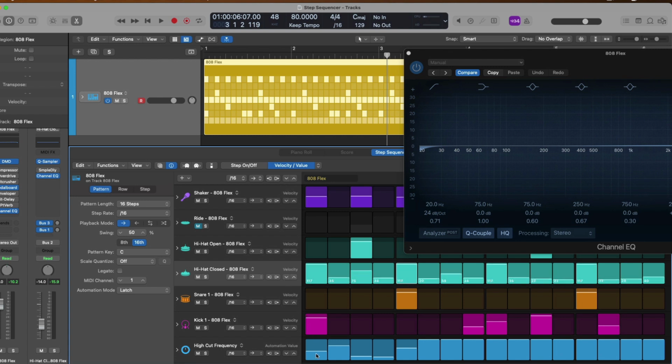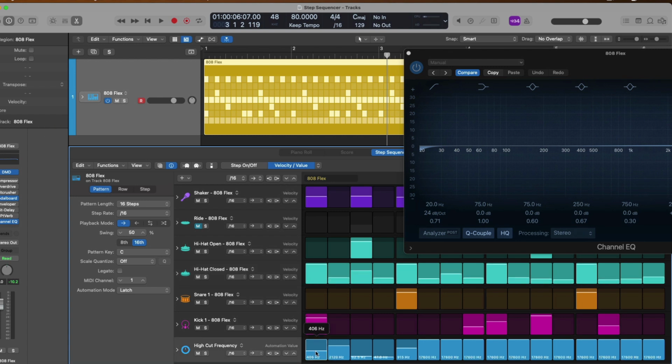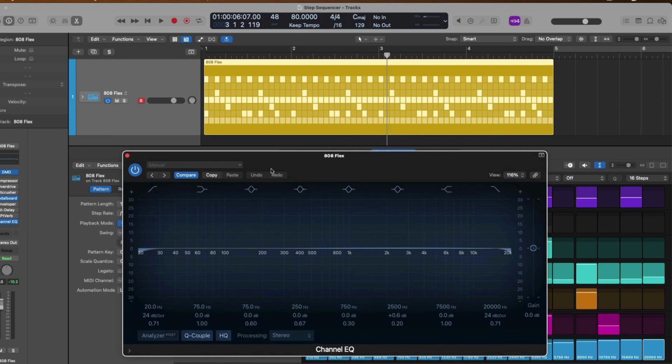And once again, if we click and hold, and then hold Shift and Option, go to the end, we can set a ramping effect for our high cut frequency across the entire performance. So now if we take a listen and a look,